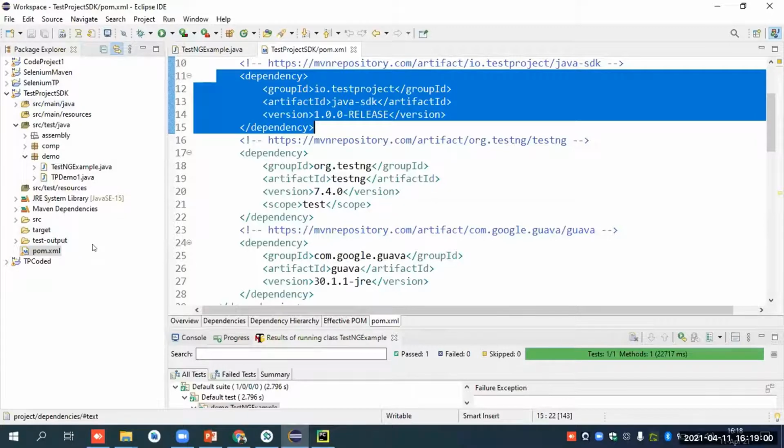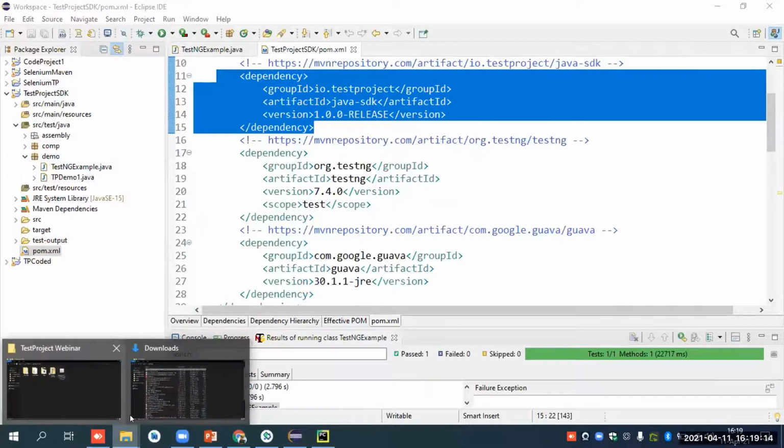For a Maven project you can create it via Maven, and for Gradle you can create it via Gradle itself. I have one jar here which I generated before.